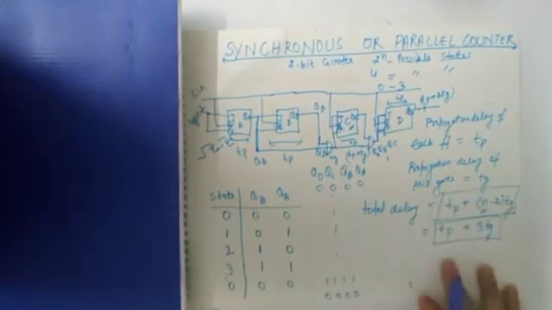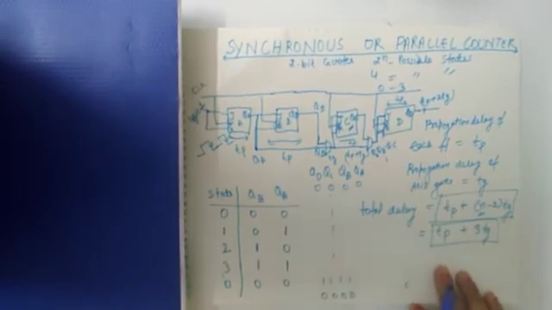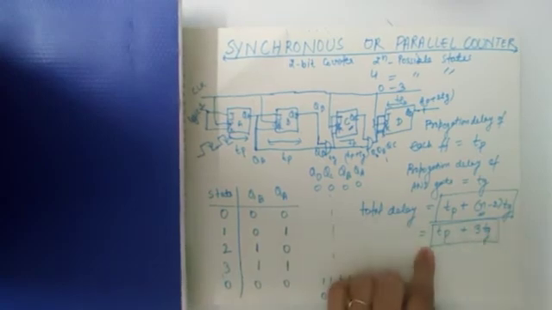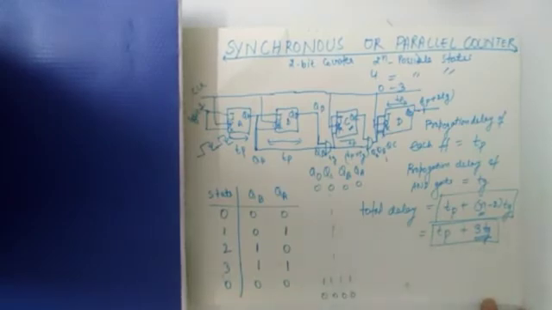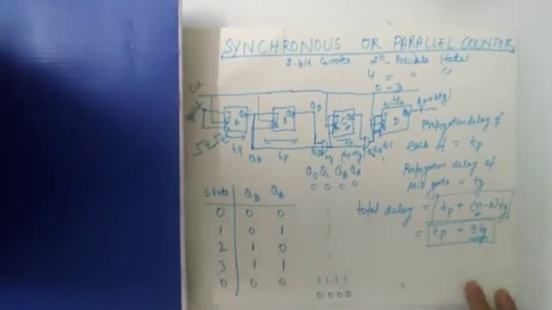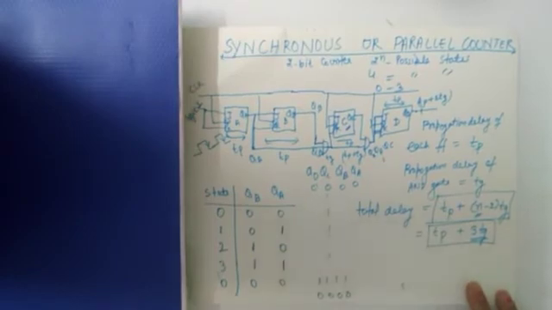So the overall conclusion is that as we increase the number of flip-flops, or increase the bits of the counter, 4 bit, 5 bit, 6 bit, 7 bit, the propagation delay increases continuously because of the addition of the AND gates. What is propagation delay? Propagation delay is just the time taken by the flip-flop or the counter to produce the output. So it will take more time to produce the output.